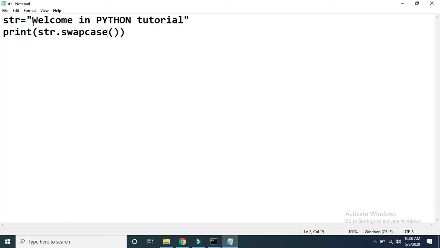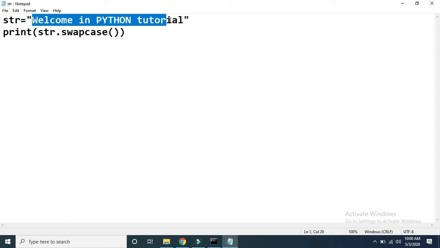Here in the original string, when we store this string in str, W is in capital. So while displaying, if you call the swapcase method, this capital W will be displayed as small, and whatever small characters are there will be displayed as capital. So this W will become small, while "elcome", which is originally small, will be converted into capital.